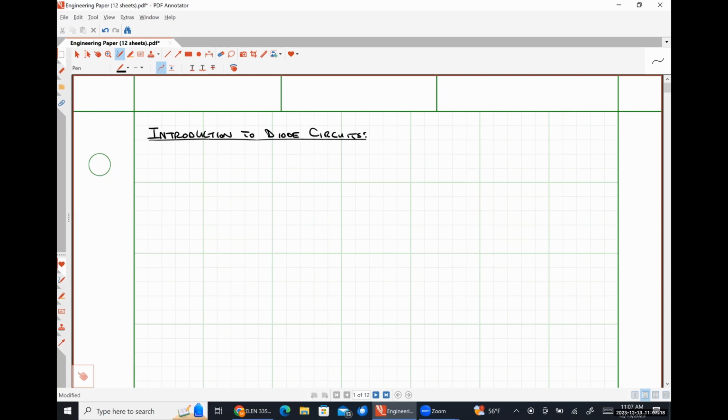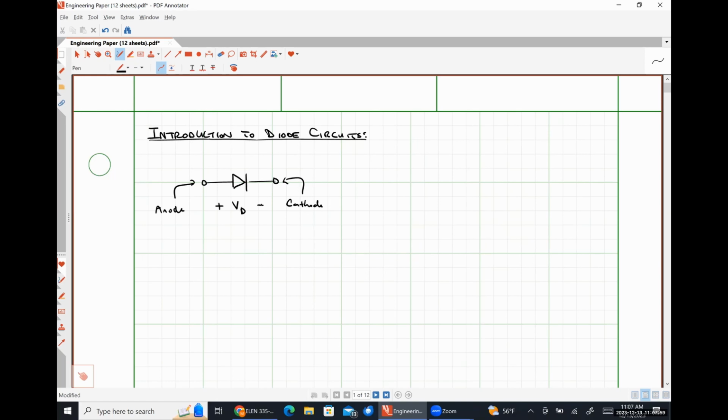junction, so either a PN junction or a rectifying metal semiconductor junction that conducts current primarily in one direction. Our circuit schematic symbol for a diode is as follows. So over here on the left-hand side, we have our anode. On the right-hand side is our cathode. Our diode voltage VD will have the positive polarity terminal at the anode and the negative polarity terminal at the